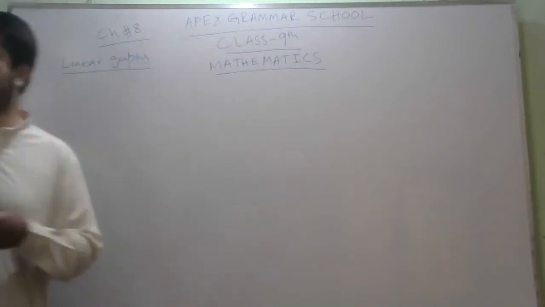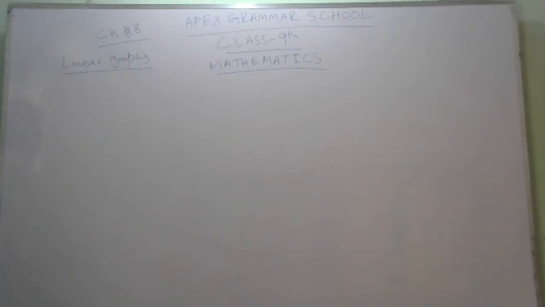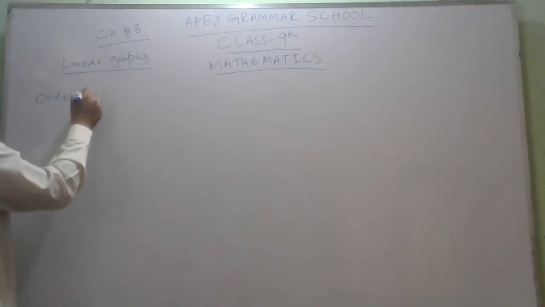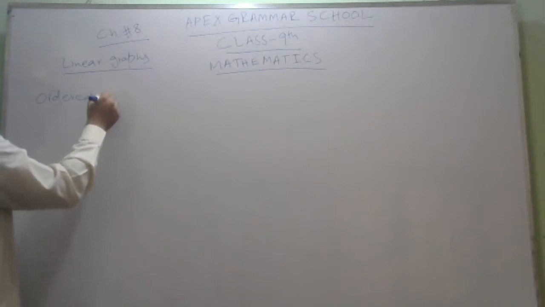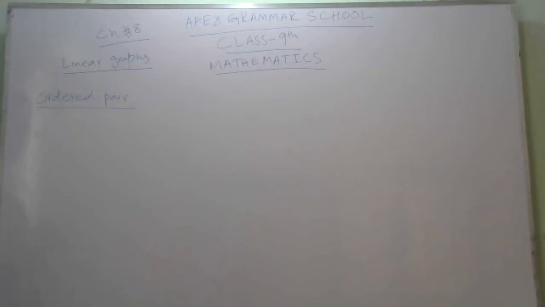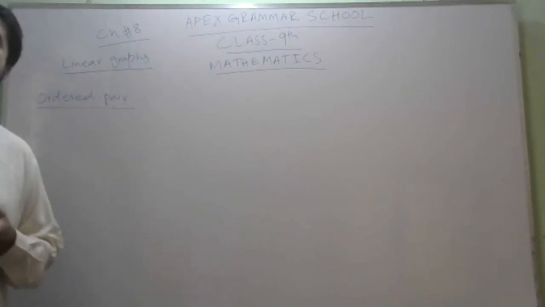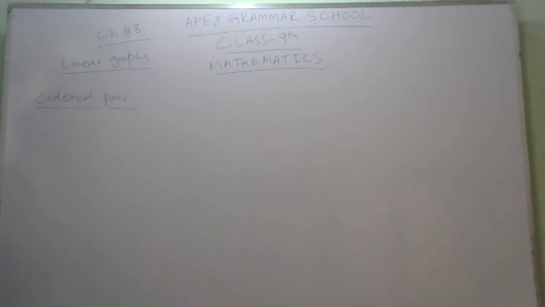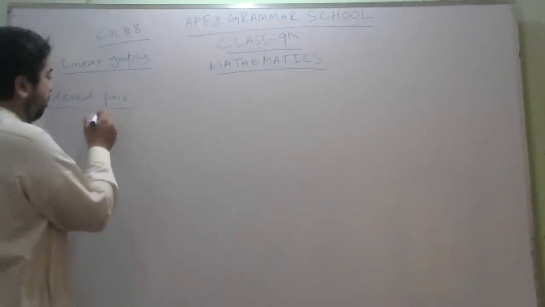For graph making, you need to know what an ordered pair is. We have already done how to create a graph. A graph can be made through some ordered pairs. So, what is an ordered pair? An ordered pair of real numbers x and y is